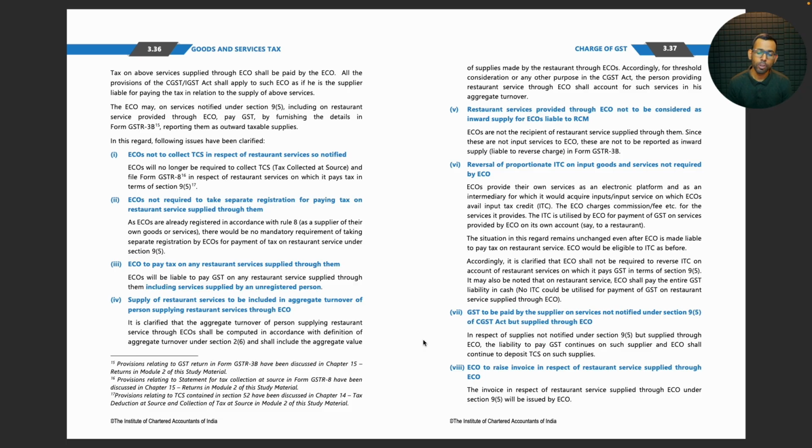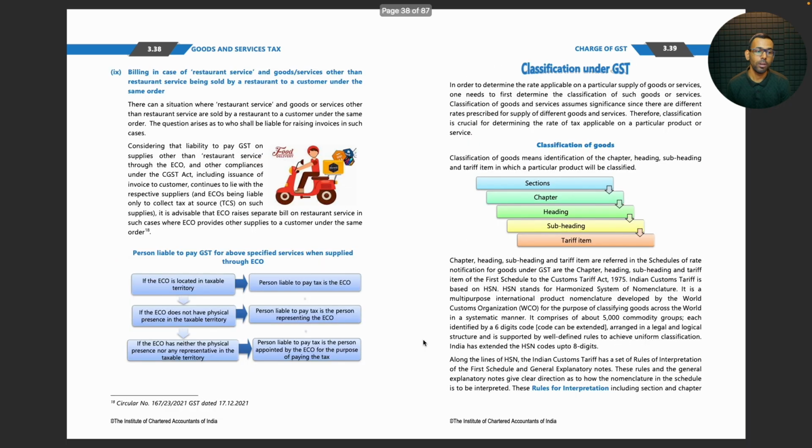ECO to raise invoice in respect of restaurant service supplied through ECO. The invoice in respect of restaurant service supplied through e-commerce operator under section 9 subsection 5 will be issued by the e-commerce operator, not by the restaurant. Okay, billing in case of restaurant service and goods or services other than restaurant service being sold by a restaurant